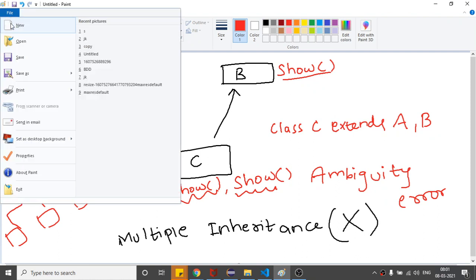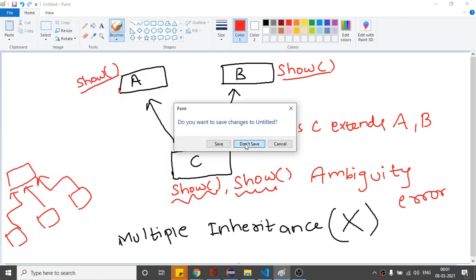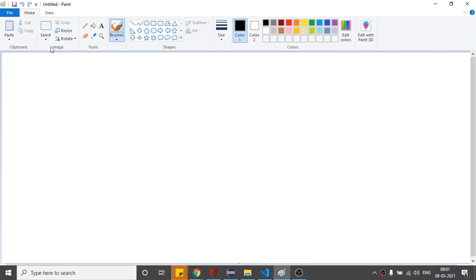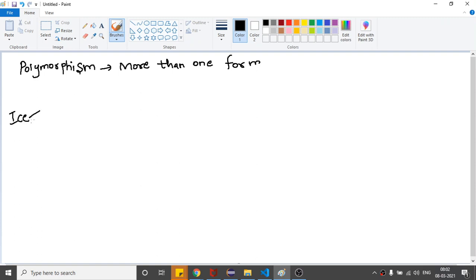Let us see the definition one more time. There is one concept in Java which is polymorphism. So basically it is taking more than one form. Like if I take the example of water, it has three forms: solid, liquid, and then gas, right?